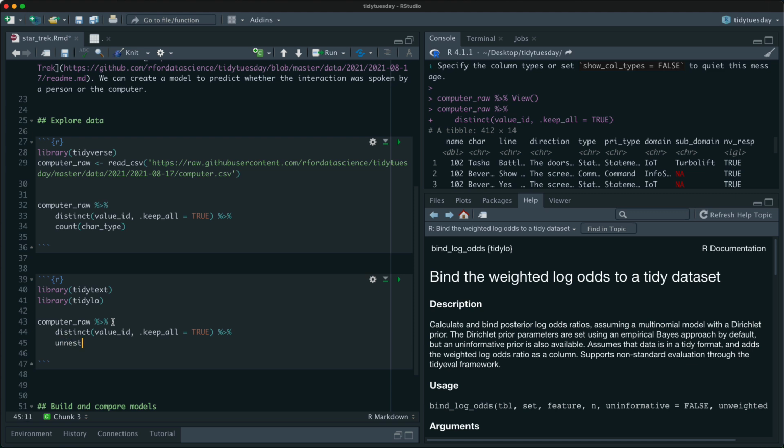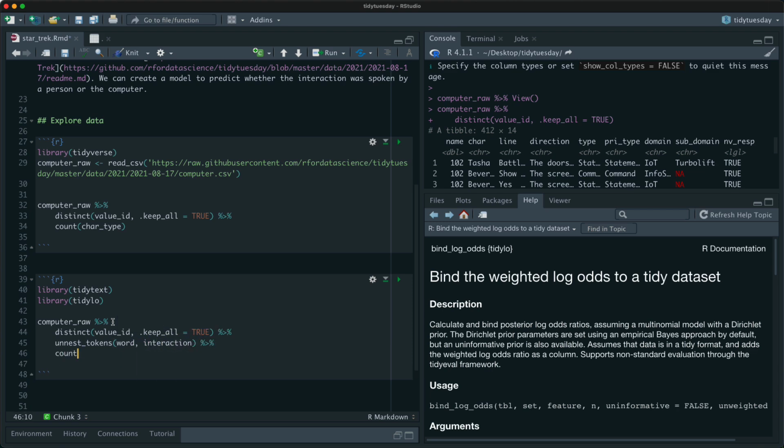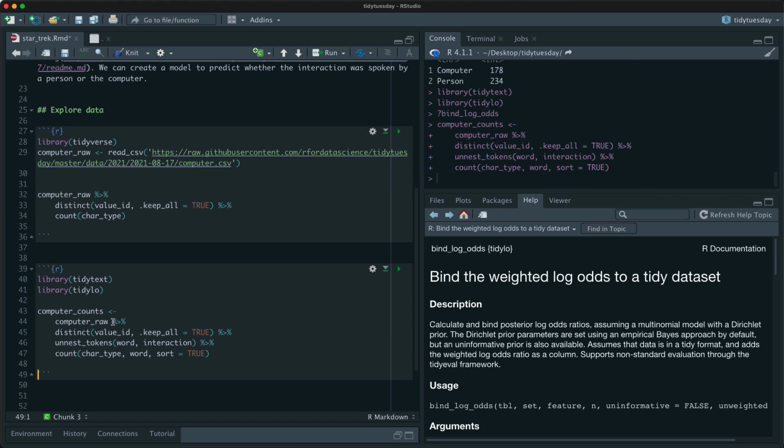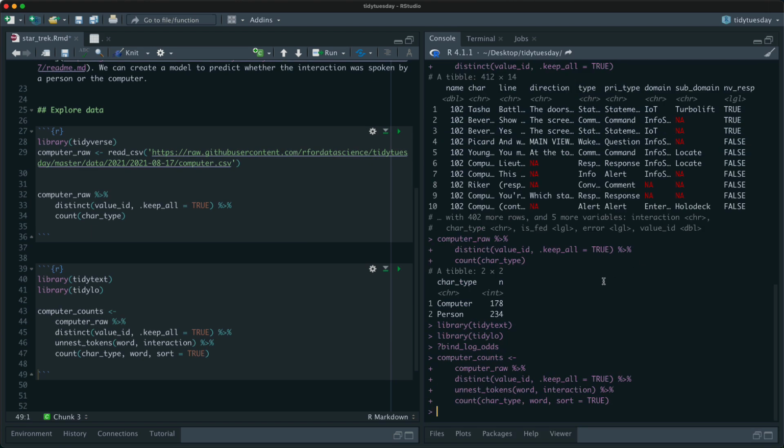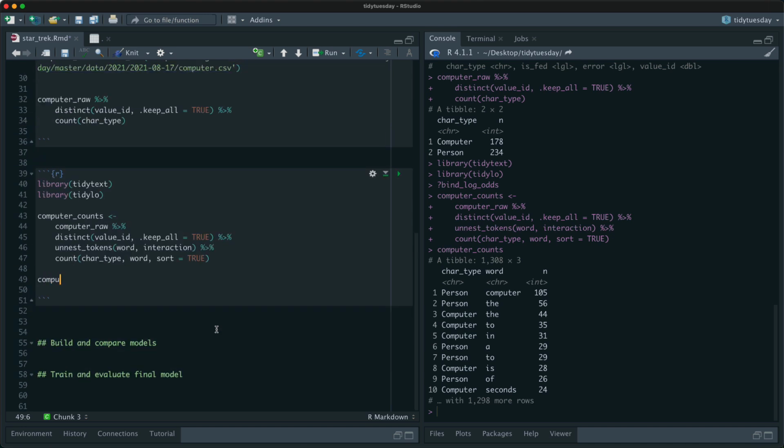And then I'm going to tidy the text. So I'm going to tokenize and tidy it into word from interaction. And then I will count by computer versus person, word, and let's say sort equals true, so I see the most common words at the top. Let's call this computer counts, like this. So now this is the counts. So person says computer a lot, and then we've got very common words like